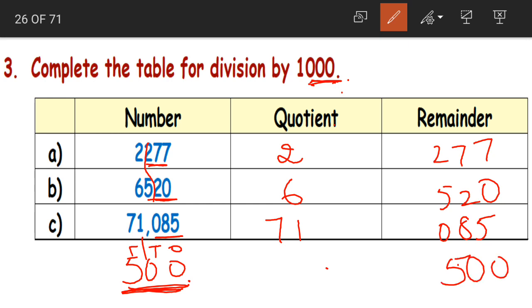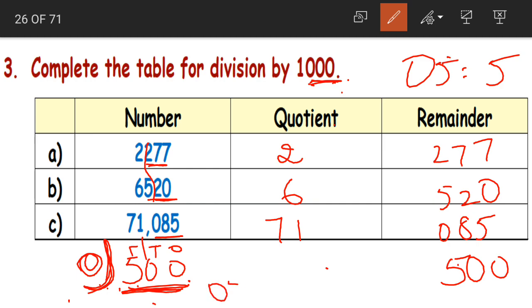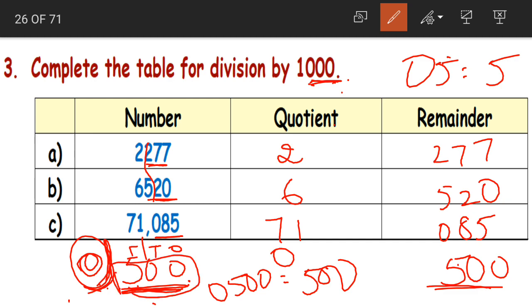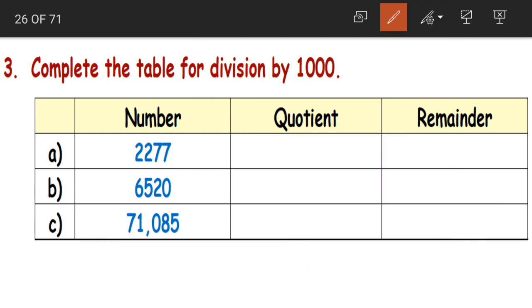Yes, and what will be the quotient? Now the remaining digits, what digits do we have here? See, 0, can we say 0? We have 0. Yes, can we say that we have 0 before 5? 0, 5 is nothing but 5 only. In the same way, 0, 5, 100 is nothing but 500 only. So here 0 becomes our quotient and 500 becomes our remainder. Actually division is not possible here because the dividend is lesser than the divisor. Okay, and they will not give you such questions in exam as well.